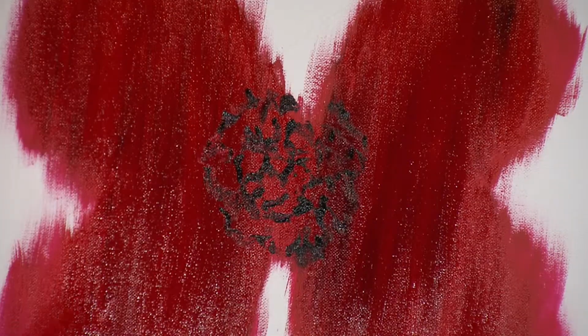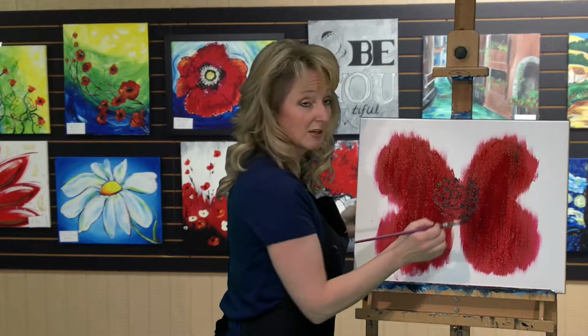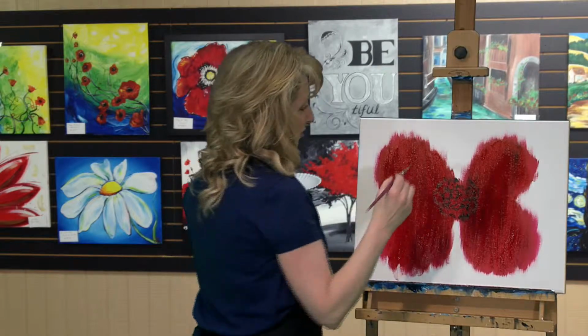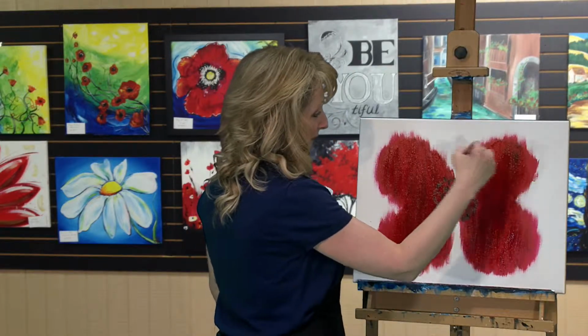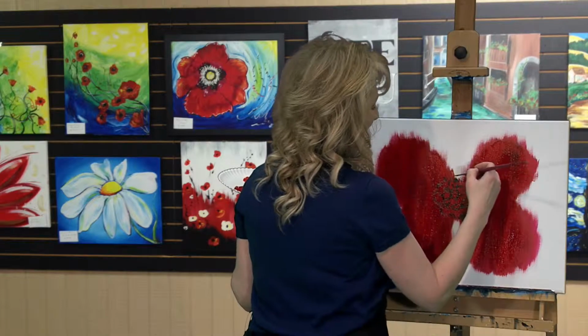Again, play with your brushes, experiment. This was a nice effect because in some areas it's very tight, and other areas I let it be streaky because I wanted that very ambiguous outline. So the next thing that we're going to do is we're going to kind of go through and define where the outside of the petal of the flower is. We're going to go ahead and put that little line there and say, all right,